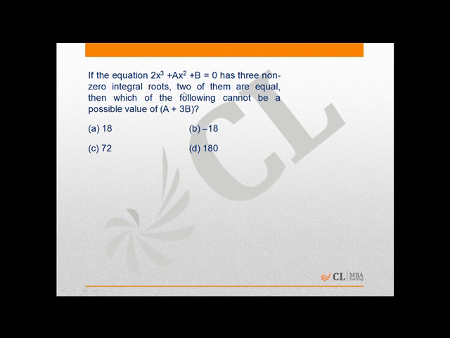This is a tricky question. It is given that the equation 2x cubed plus ax squared plus b equal to 0 has three non-zero integral roots. Two of them are equal. So if I assume the roots are alpha, alpha and beta,